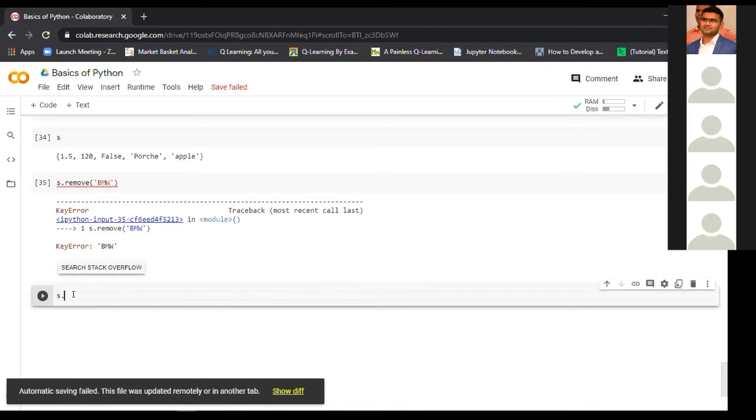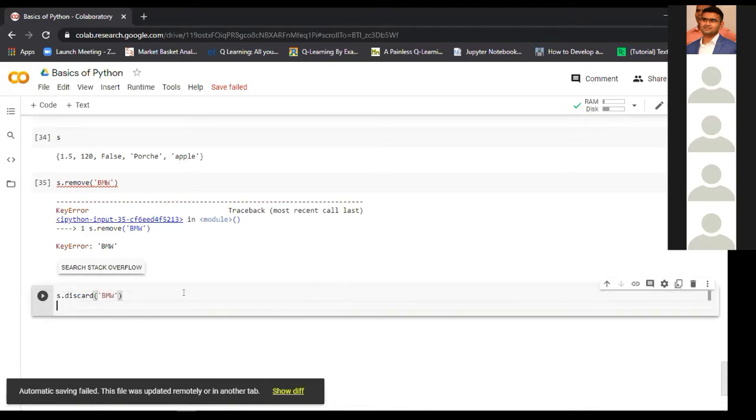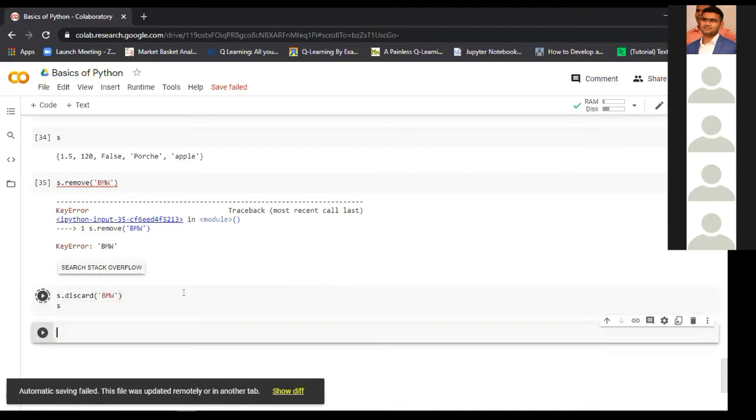The method name is discard. Now let's try the BMW here. We know that BMW is not present, but let's try to delete it using the discard. Let's run that.